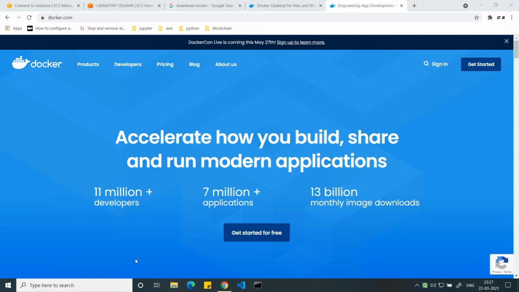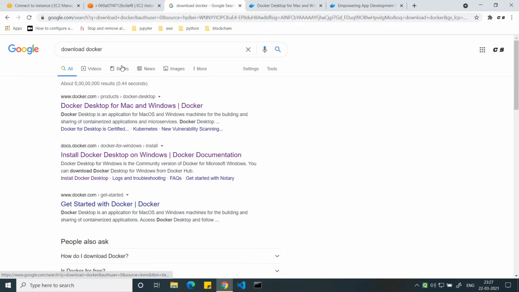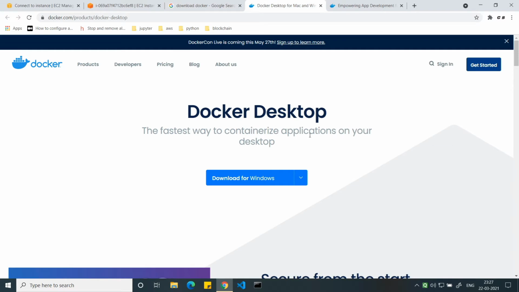First, we need to download the setup for Windows. You can just search for download Docker on Google, and on the first link you will be redirected to this page, Docker Desktop. If you already have Docker Toolbox, please uninstall it.